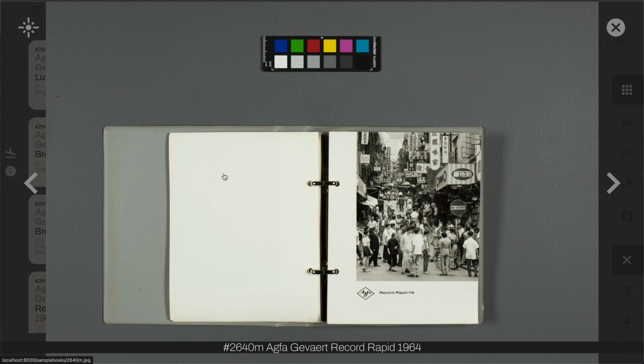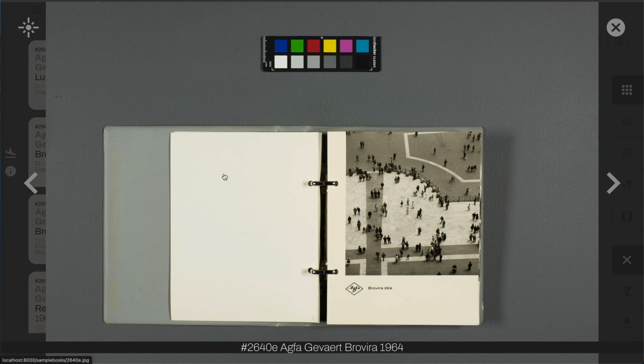Now, additionally, one other way to continue your research from the starting point of Paperbase is what you can see over here. There's a little icon here that looks like a sun. I think it's actually called a flare, right? But what this does is it opens the Lux record for our collection